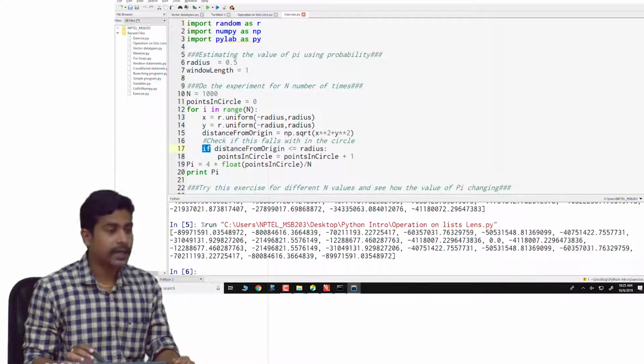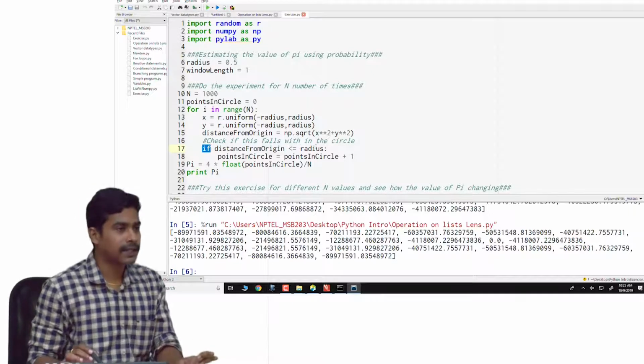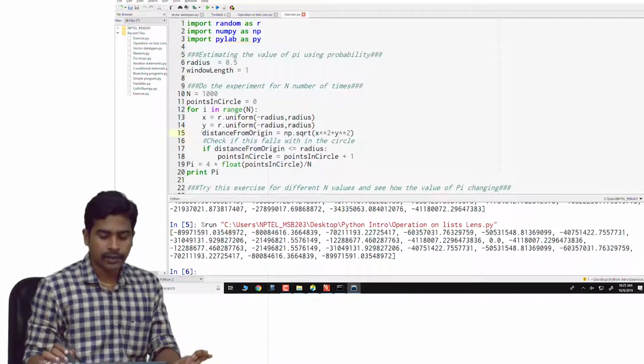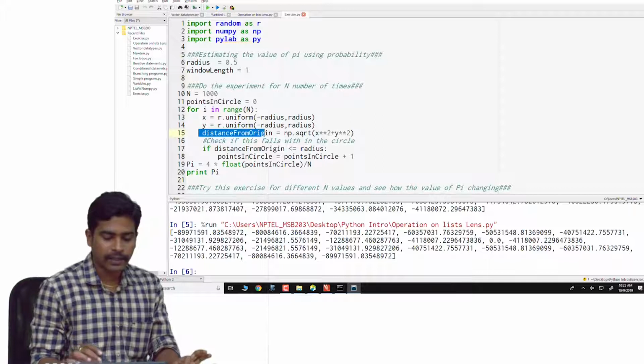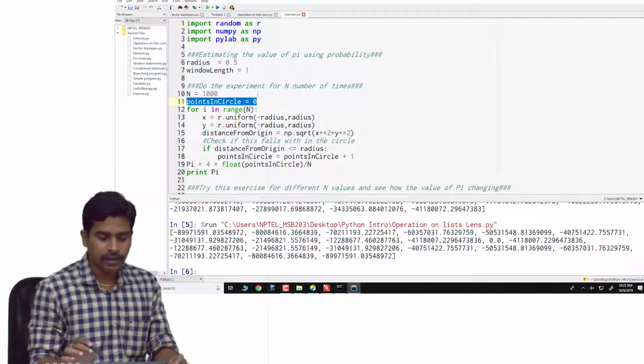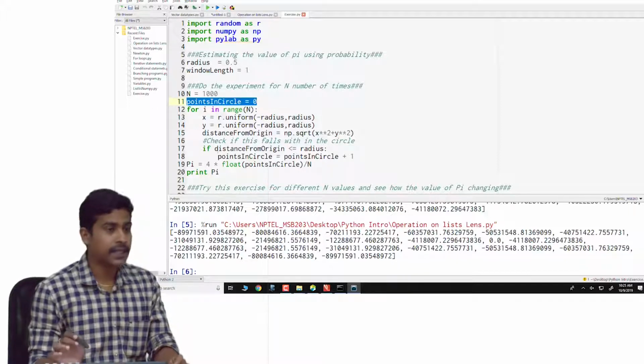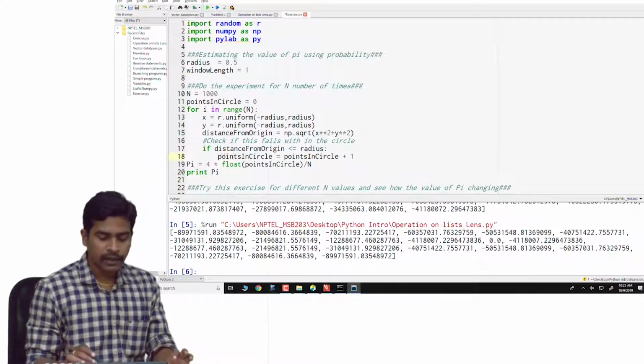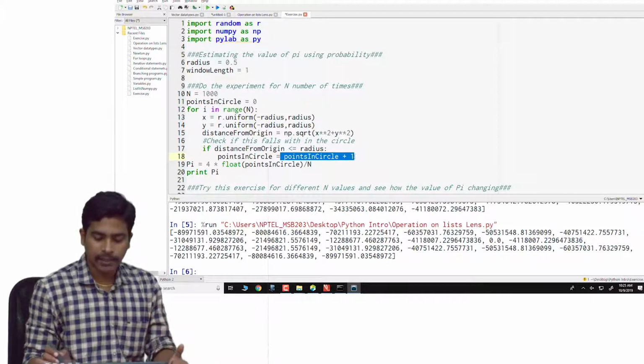I use this if statement to see if the point is lying inside the circle or not. If the distance is less than the radius, I increment this variable which I have declared here, points inside the circle. Initially it is 0. So whenever a randomly picked point lies inside the circle, I increment this variable using this command.